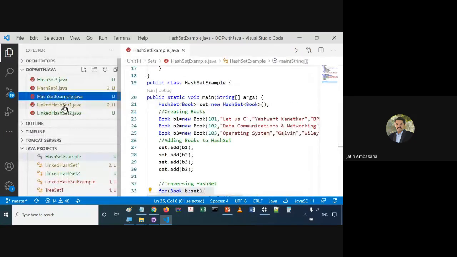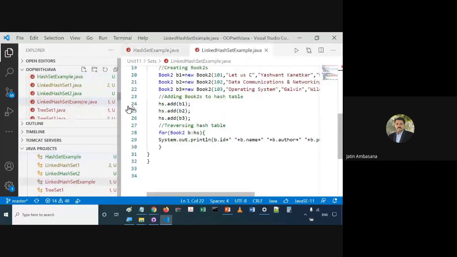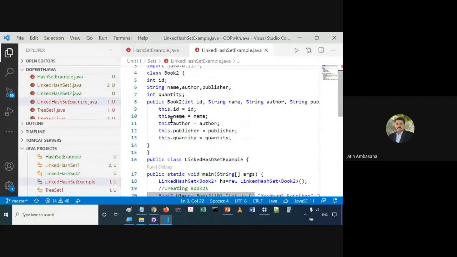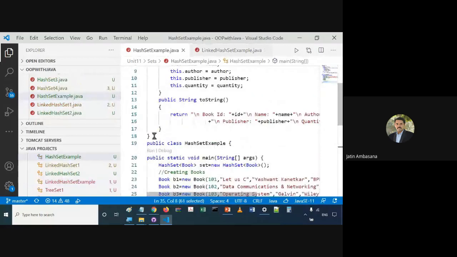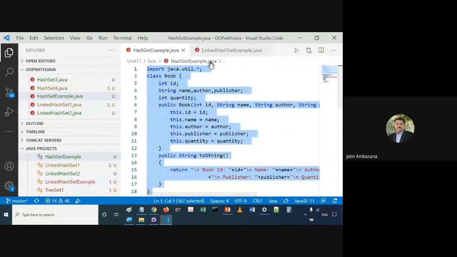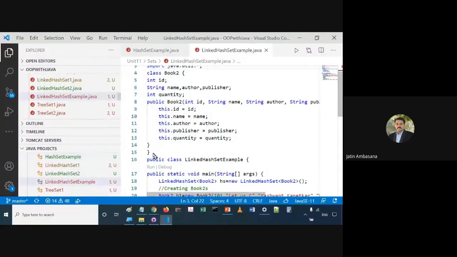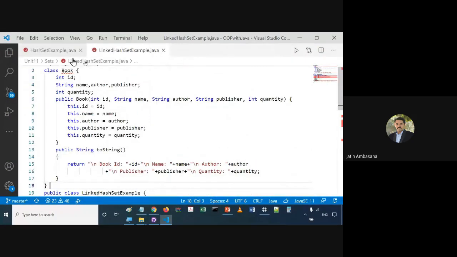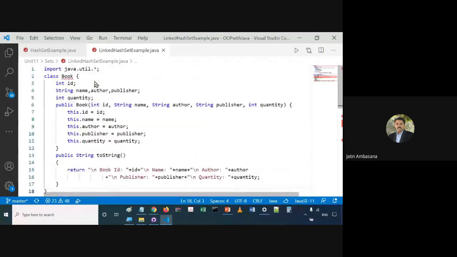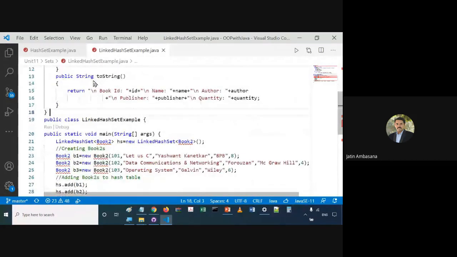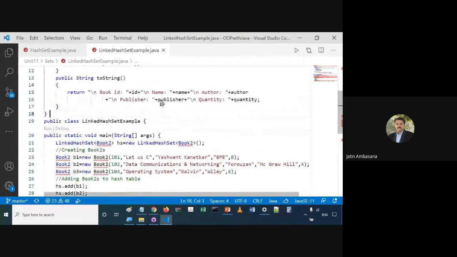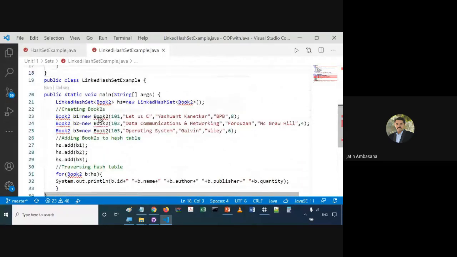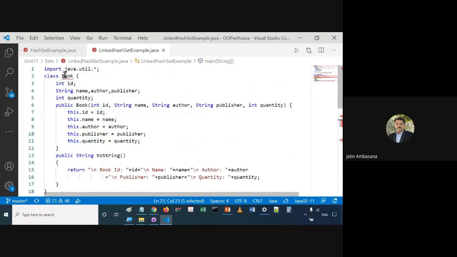Now we have another example of LinkedHashSet, which has again the same Book class. Let me use the same Book class for that. Here we have Book2, right? Here we will use Book2.